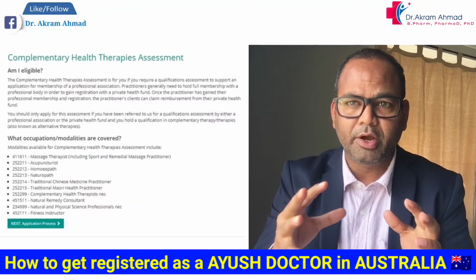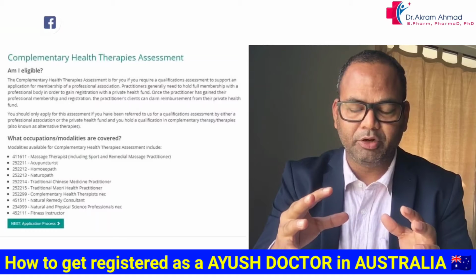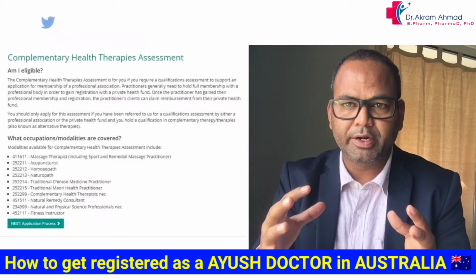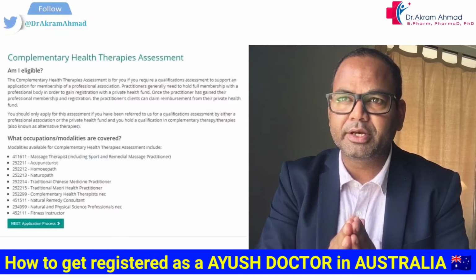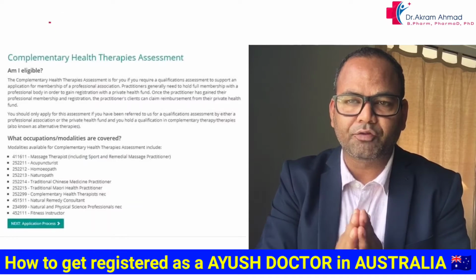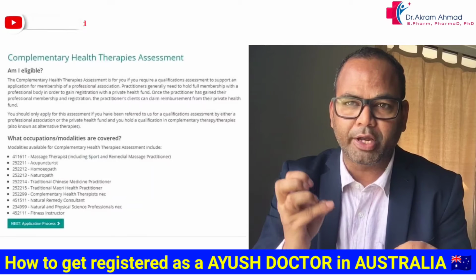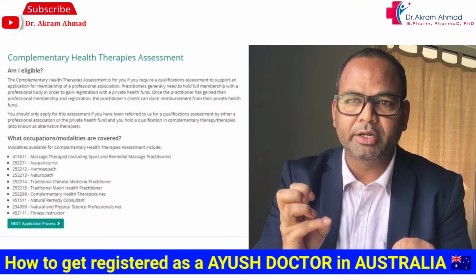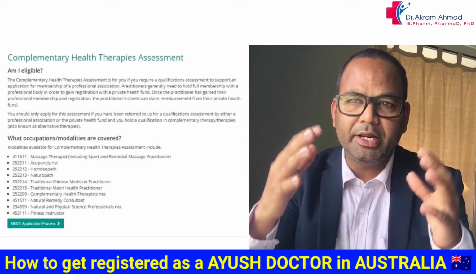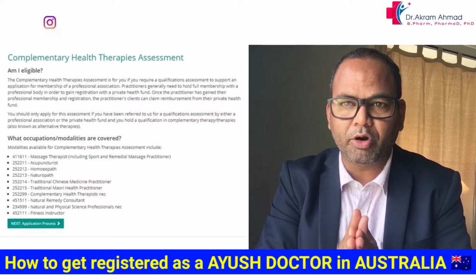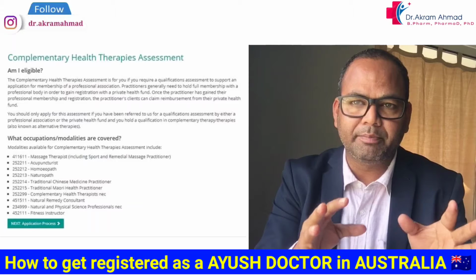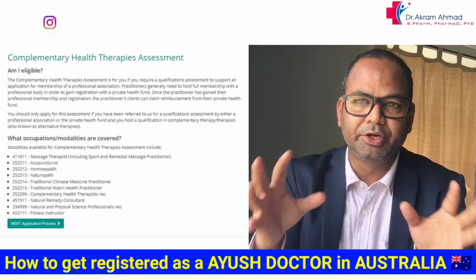So what is the process for this? As you know, in Australia or New Zealand, if you want to migrate, there is a points-based system in Australia. Points are given on your education, your experience, your English requirement, whether you are single or married, and so many factors, and your age is very important. If your age is below 40 years, you can easily migrate, but if you are more than 40 years, it's difficult for you.